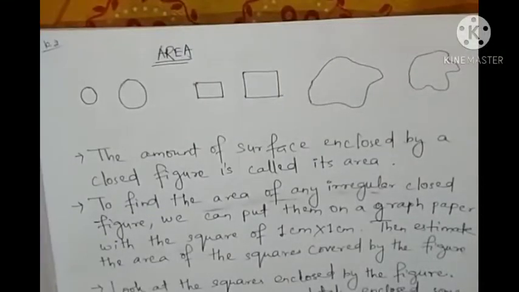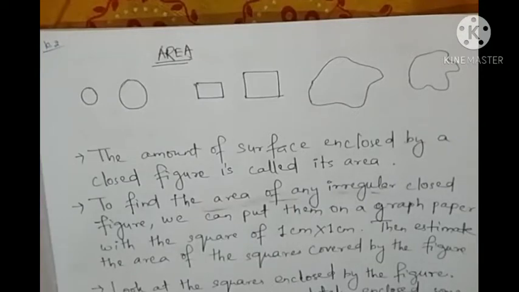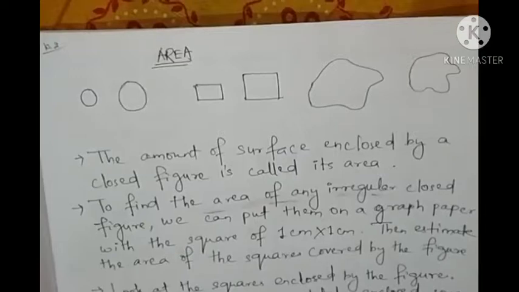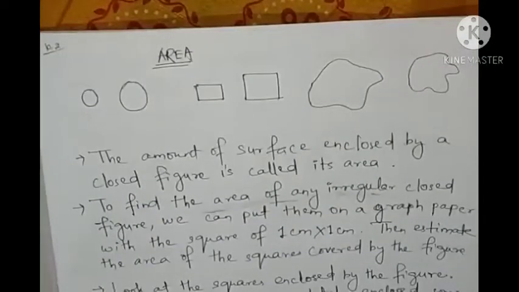Good morning, students. So last class we have studied about perimeter. Okay, so perimeter means what? Boundary. Length of the boundary. Okay, so we have studied what is perimeter, and how we are using this perimeter in our day-to-day life. Means everywhere we are using the perimeter where we have to find out the length of the boundary of a closed figure.